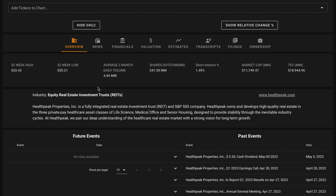Healthpeak owns a diversified healthcare portfolio of approximately 463 in-place properties spread across mainly medical office and life science assets, plus a handful of senior housing, hospital, and skilled nursing / post-acute care assets as well. Healthpeak owns and develops high-quality real estate in the 3 private pay healthcare asset classes to help provide stability throughout